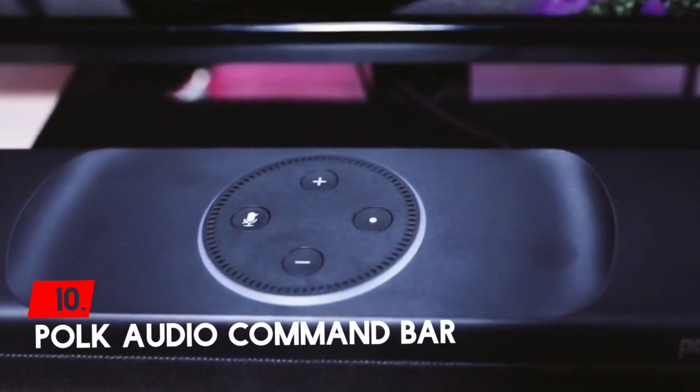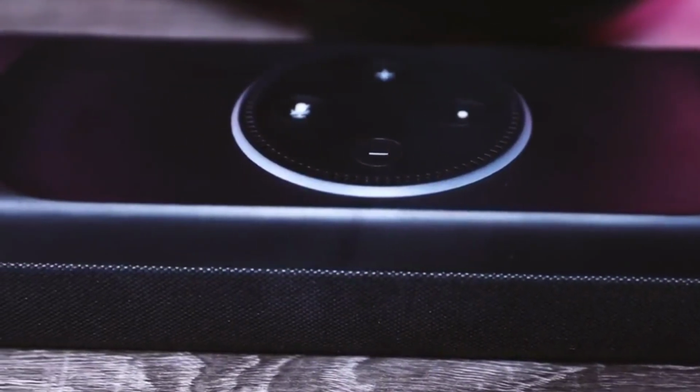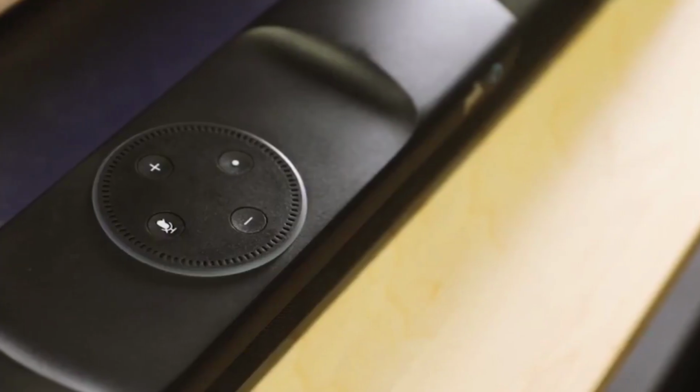Number 10. Polk Audio Command Bar. If you can spare $300 for a smart soundbar, then we highly recommend the Polk Audio Command Bar. It's a great little soundbar for any small or medium-sized living room. This is very much an Amazon device with built-in Alexa and space for a Fire TV stick. It's really affordable, coming in at $250,